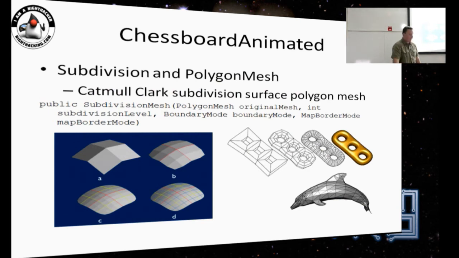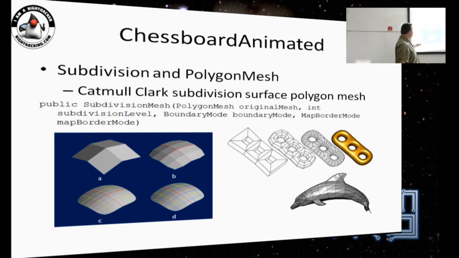here comes subdivision and polygon mesh. So what JavaFX supports in its API is triangle mesh. JavaFX 8 has only triangle mesh, and triangle mesh is shown on this picture, which is a mesh built of triangles. And this mesh is not good for doing subdivision.